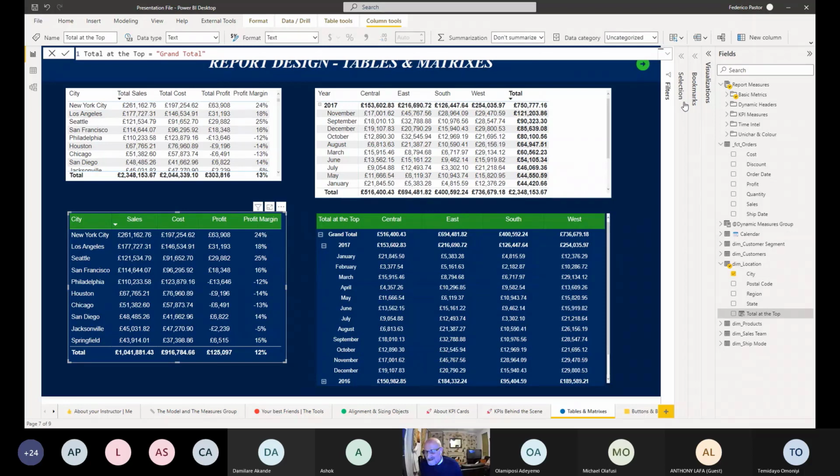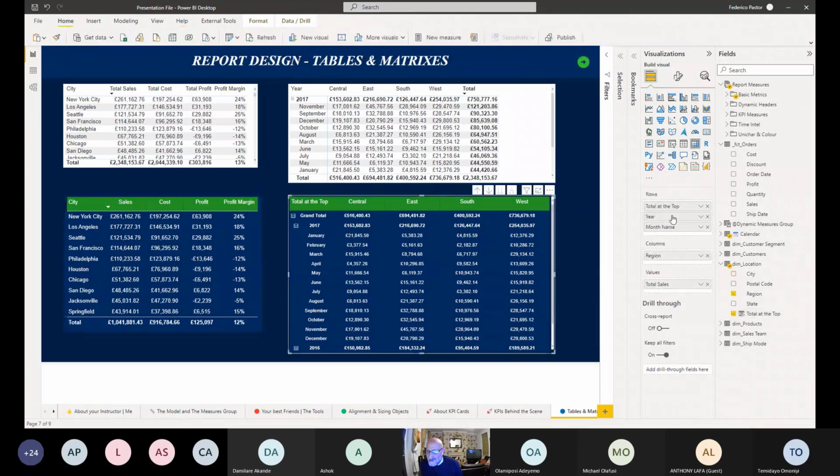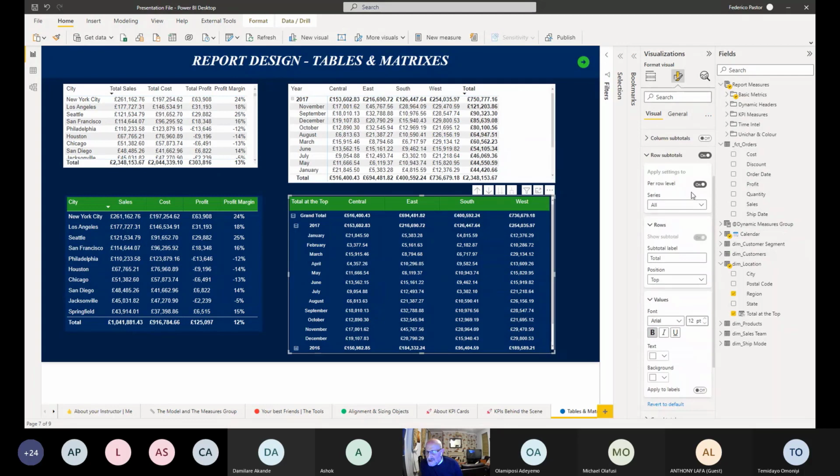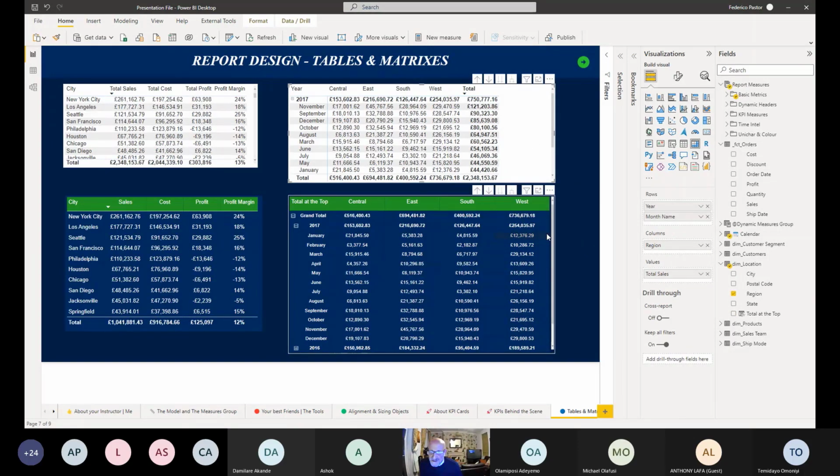Again, very simple. The formula has no complication. You can call it whatever you want to: total at the top, grand total, totals. And it's a calculated column that is then placed at the top of the matrix. Okay, there are a couple of things. You need to activate this and disable this. It's a couple of things you have to do to make it work, but they are not complicated at all. But from this to this,